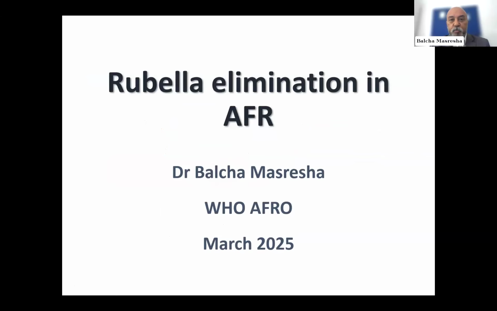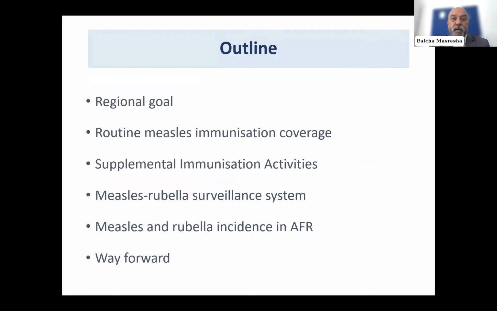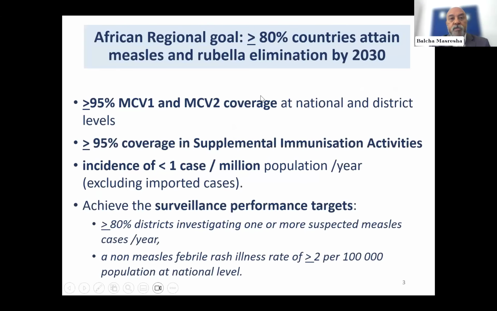And I'll just walk you through a few slides to try and summarize where we are with regards to rubella elimination in the region. I'll just remind you about the regional goal and go through some of the strategies and point towards the way forward and where we think we'll be investing our energies in the coming years. So with regards to the goal, basically the Africa region started working on measles control around 2001 and has more and more been incorporating rubella control work when more and more countries were supported with MR vaccination.